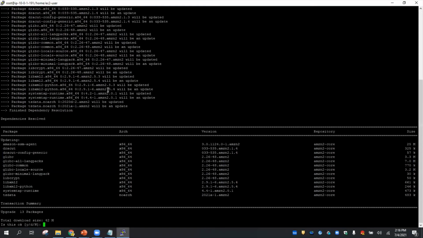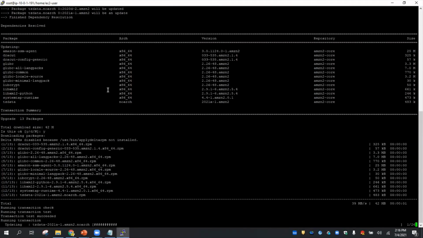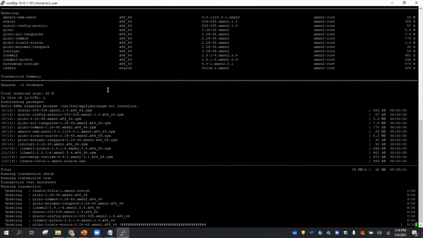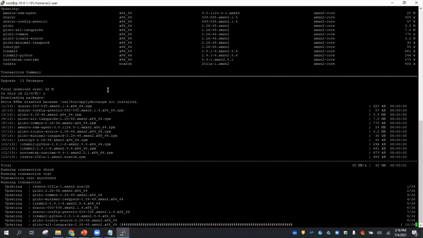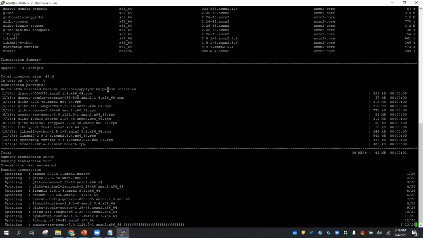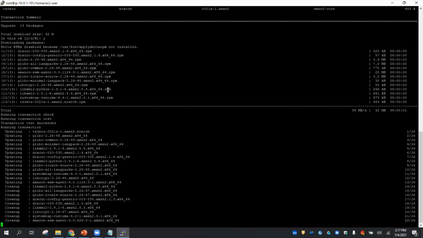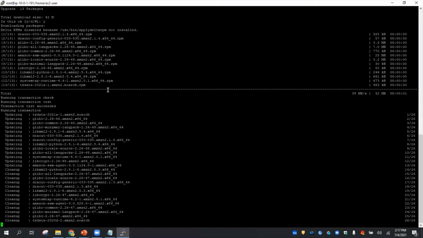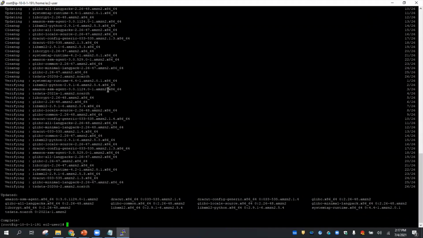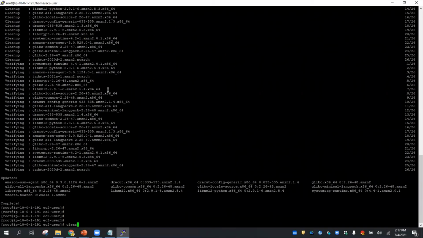This will install all necessary updates. Yes. It takes some time to download the important updates and update the machine. Just for information, it's also installing the AWS CLI that can be used. That's done. Everything is installed now.